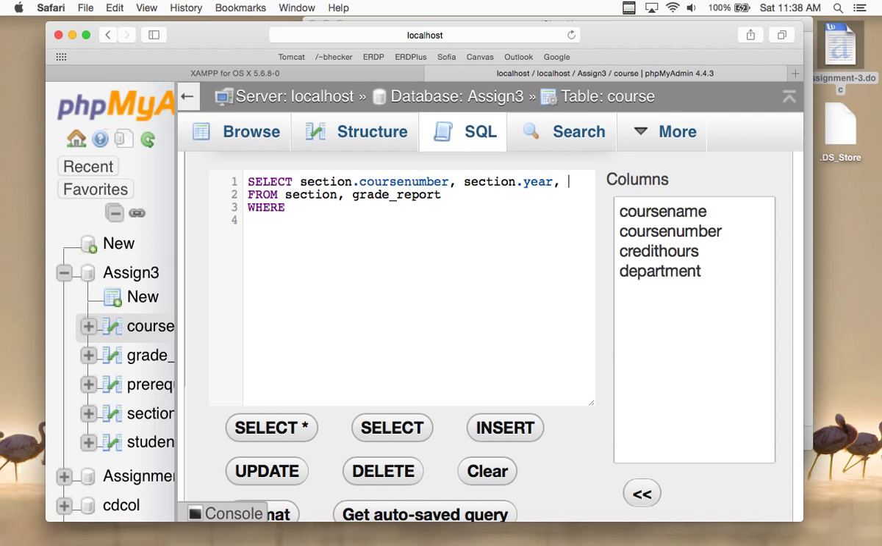We could sum or we could count. So I'm going to count, and I'm going to count grade report student numbers. So grade report dot student number. Are we good? Well, we're going to do a WHERE. So the WHERE is going to sort out where we get the differences. So let's see, we're going to count the grade report from section, grade report, where the section